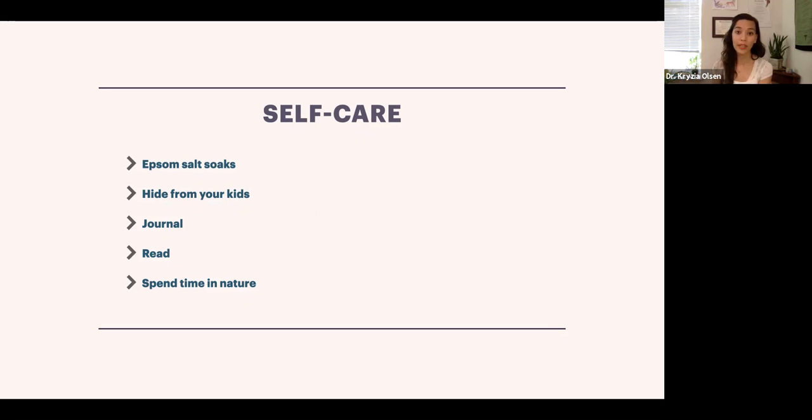So journaling is really helpful in that regard, to just process all of the things. Read, preferably something that you enjoy and that's not going to be too incredibly stimulating, though you definitely can if it's fun for you. Why not? And spend time in nature. So time in nature is so incredibly important and powerful, because